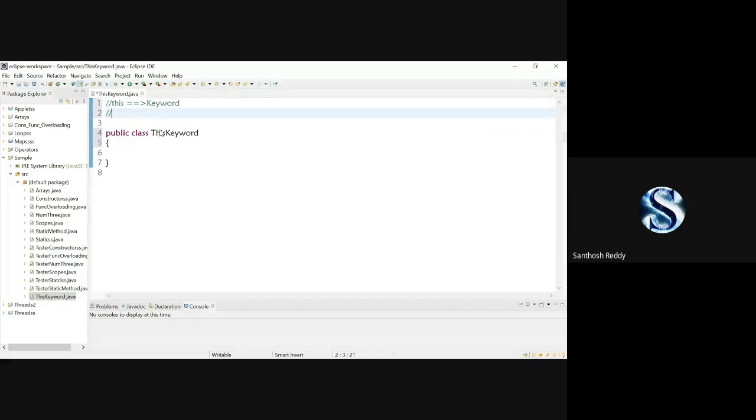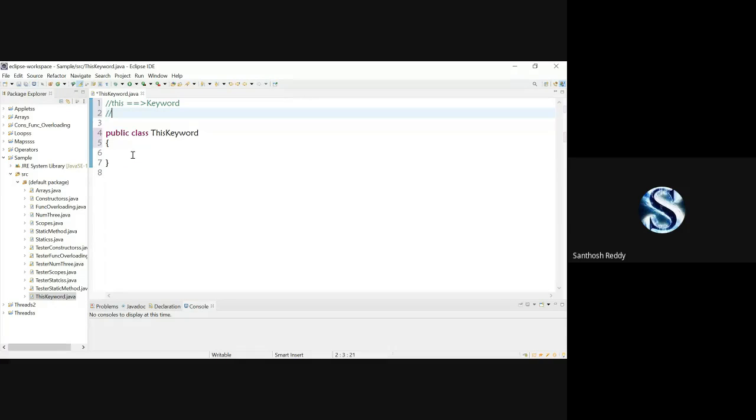If you want to access instance variables from one location to another, at that time we use the this keyword. To use current class instance variables, we use a keyword called this.